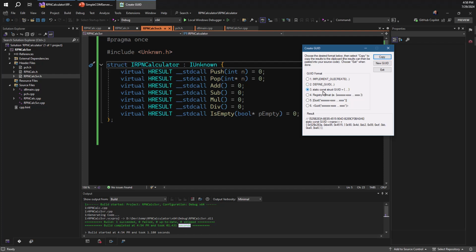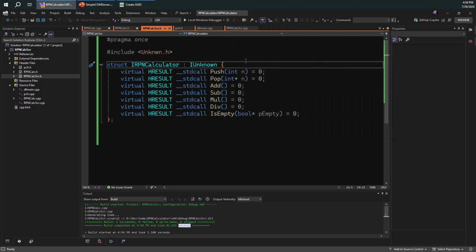We can use the static const GUID, which also would work mostly, but we have to be careful here for linker errors. And we can also use the registry format. Let's go with that. Let's try that. I'm going to add the declaration specifier here